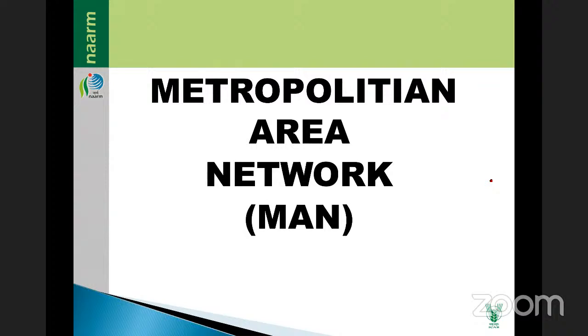Sometimes what is the problem? Why are we not going for wireless in important organizations? Because outsiders can access our network. If it is through wired LAN, nobody can access it. Suppose on the NAARM campus some strangers come, they can access our network, and some fraudulent people can come. But WLAN means without wire, only IP address, through devices. For wireless we keep the switches, and that particular surrounding area will be covered.